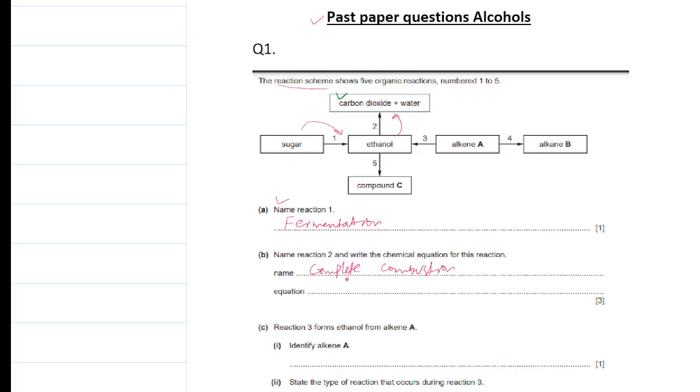So what will be the equation for that? Now the ethanol, C2H5OH, is reacted with oxygen. Whenever there is a combustion reaction, it occurs in the presence of oxygen. So it forms carbon dioxide and water. Because it is complete combustion, the carbon dioxide will be formed. If it was incomplete combustion, their product would be carbon monoxide. Okay, so